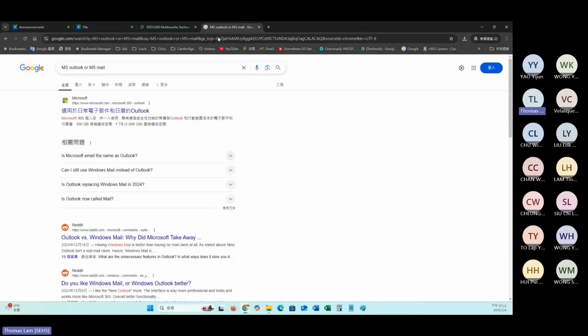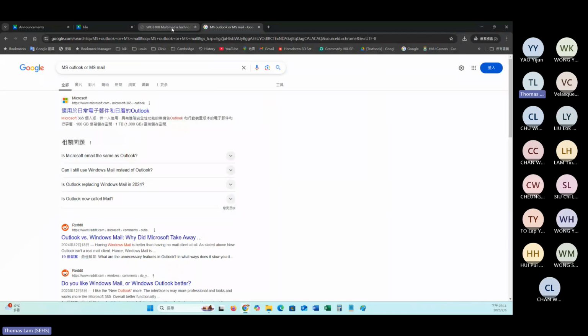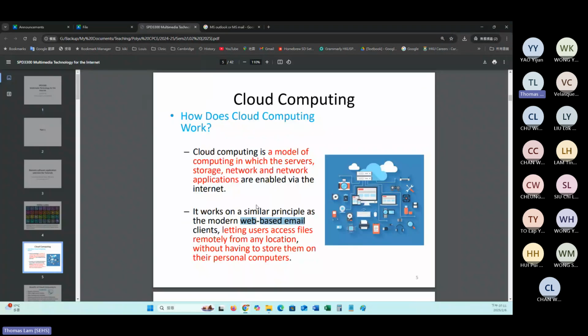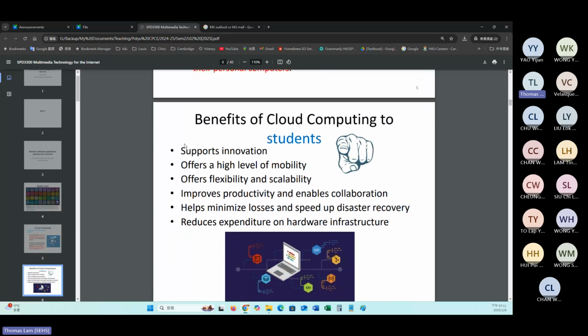So this is what we call the email client or mail agent. But now we all stick to web-based features, because it's quite convenient that we store our email online, just like you check your email through the school webmail page, something like this.